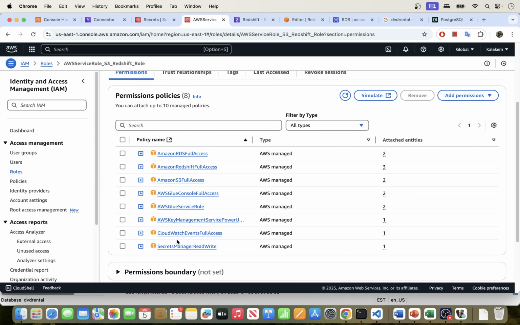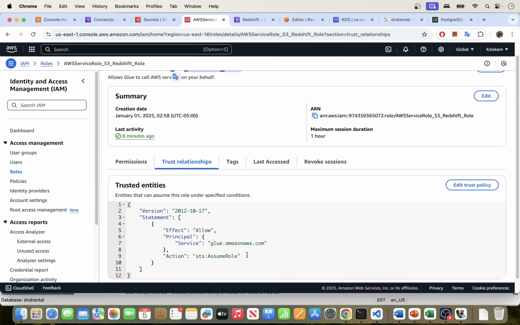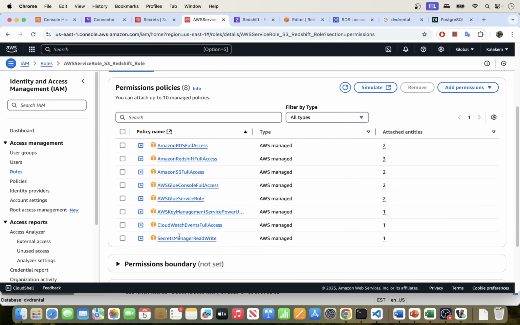So I tested this several times and I came to the conclusion that these are the ones that are working fine for me. So you can copy this, and in the trust relationship here, I don't have anything except Glue, okay, so I only have Glue here, and these are the permissions that I have for this one. So again, these permissions that I have added here have allowed me to connect successfully to Redshift and also to